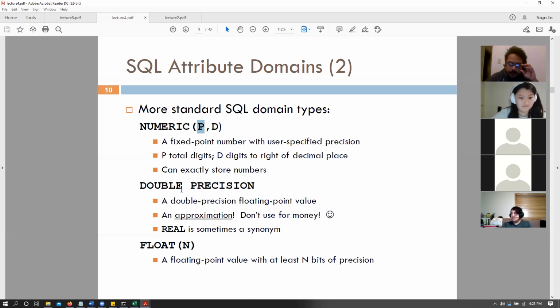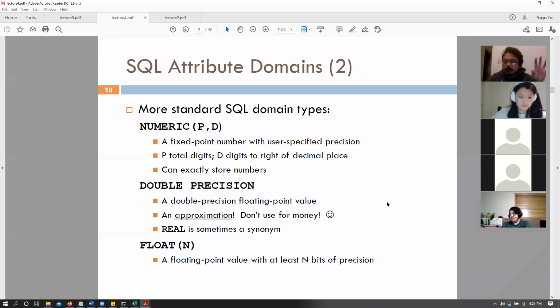Then we also have double precision values and floating point values. Floating point values usually get a parameter n, and usually that means that n is the number of bits of precision, but almost all databases allow you either 24 bits of precision, that is your floating point precision, or 53 bits of precision, that is your double precision. It does not allow you anything other than that. So this n is just weird, but it's there, right? So in general, those are your numeric data types for your decimal values.